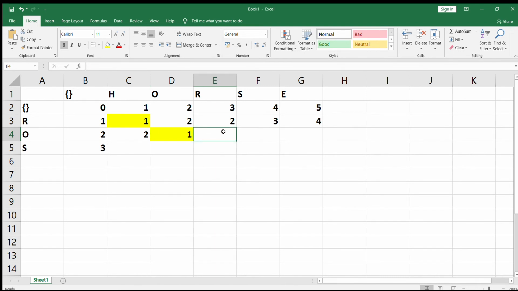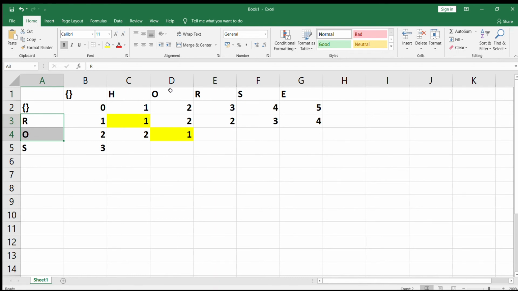For this particular block, we have the word HOR here and the word RO here. So how many operations for this? I can replace H with R, O can be retained, and I can drop this R. That will be the minimum number of operations that I need to do to make HOR the same as RO.